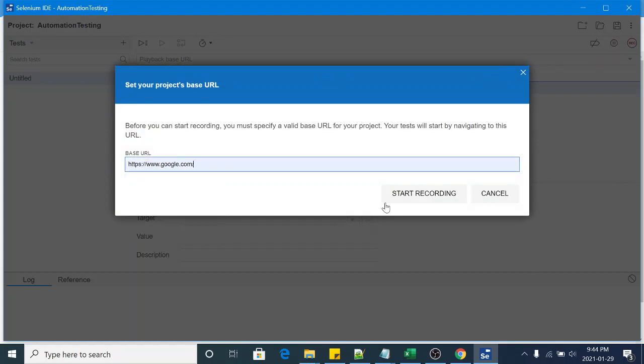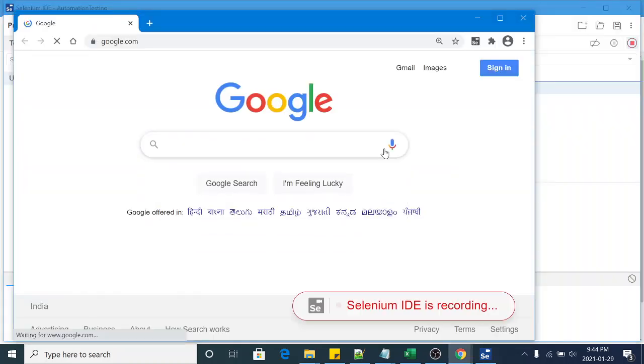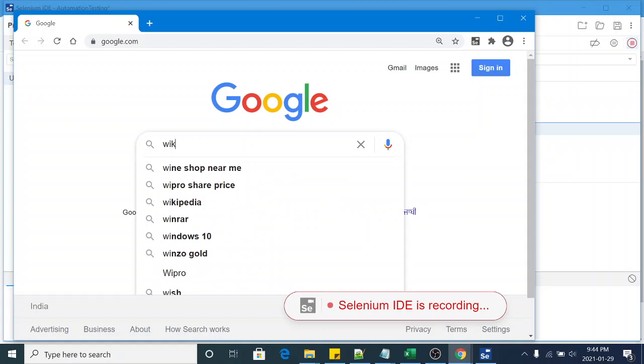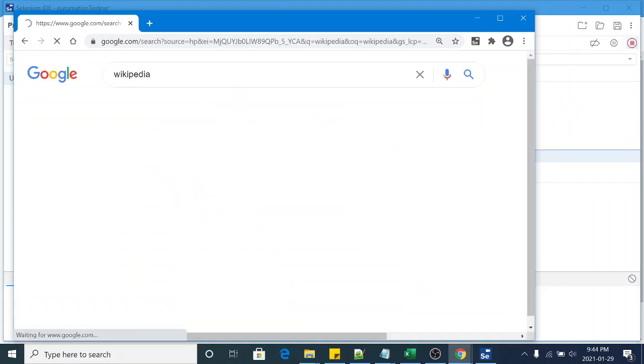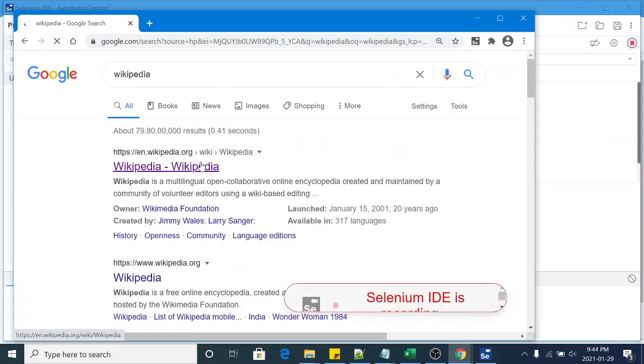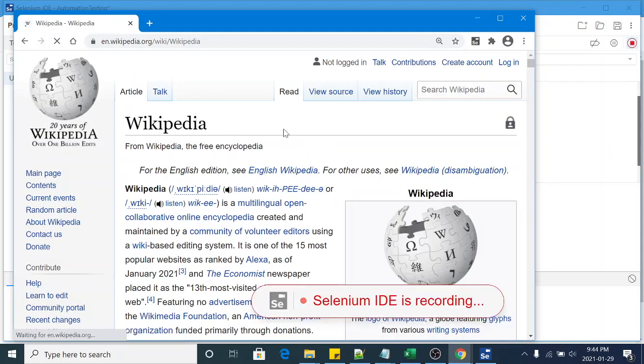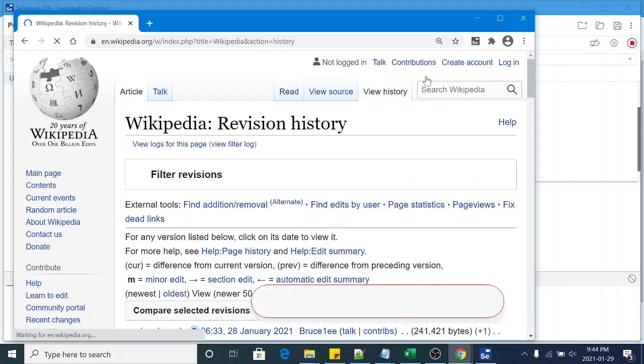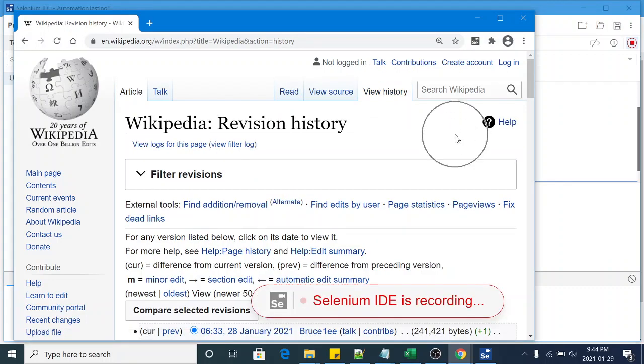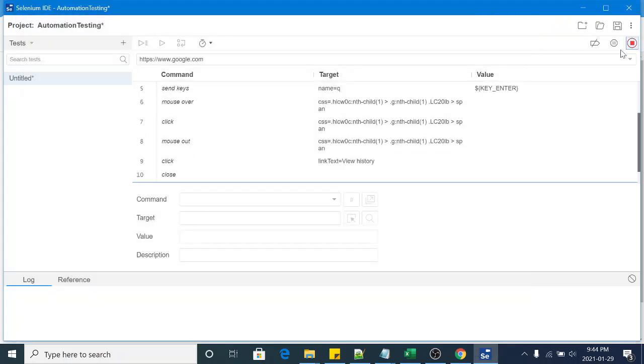Let me launch Google and search Wikipedia here and click on this link. Now we are trying to click on view history. I think this is enough scenario for an implicit wait example. Let me close the browser. Let me close the recording.